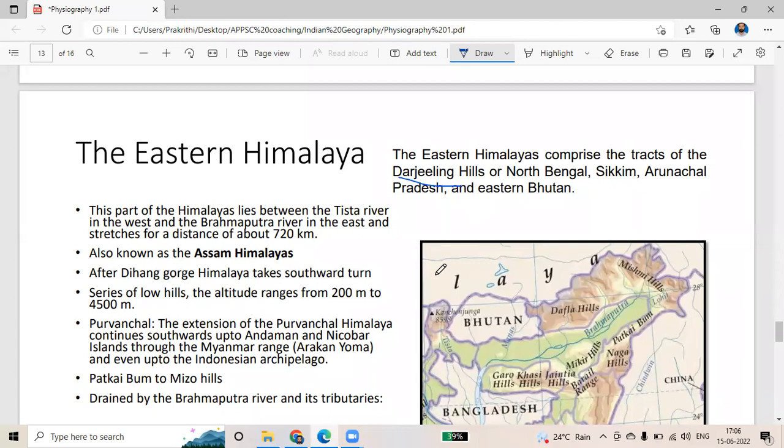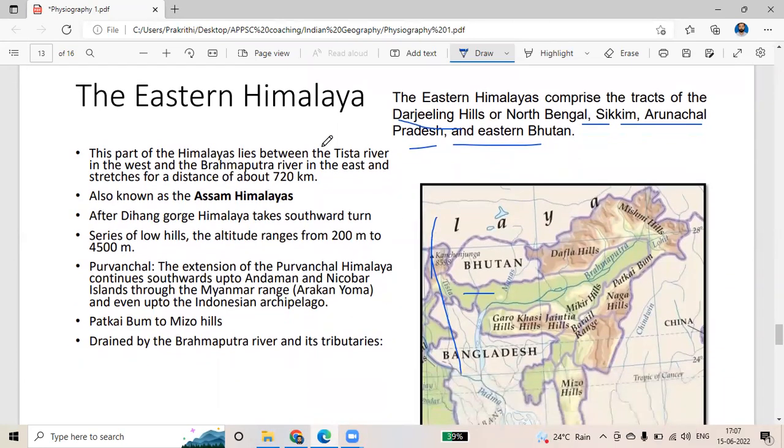तो दार्जिलिंग से शुरू होकर इसका ईस्टवर्ड एक्सटेंशन है to North Bengal. यहाँ ये बांग्लादेश ये सब ने यहाँ से ये पूरा एरिया आएगा this Eastern Himalayan region. It consists of सिक्किम है, अरुणाचल प्रदेश है, भूटान है, आसाम है, नागालैंड है, मिजोरम है, यह सब आएगा हमारा ईस्टर्न हिमालय।